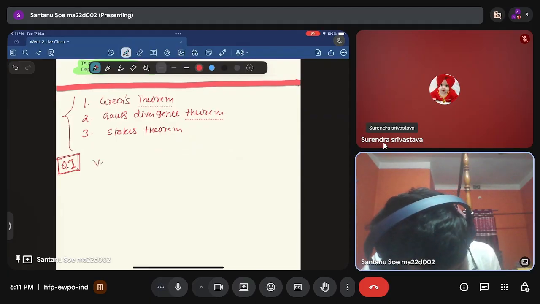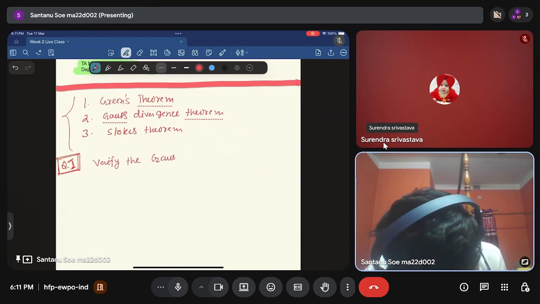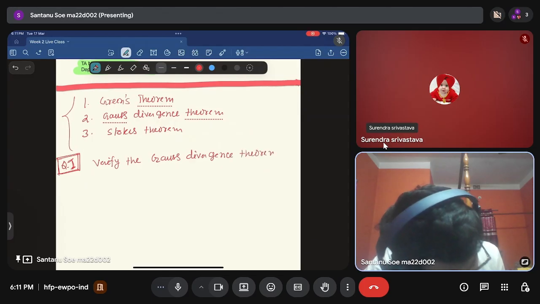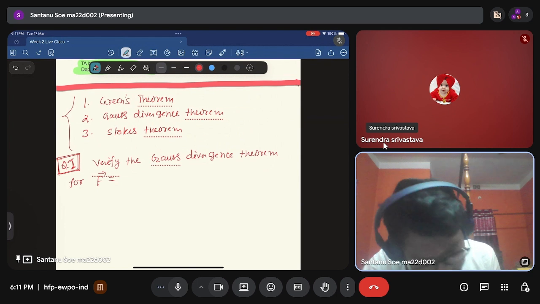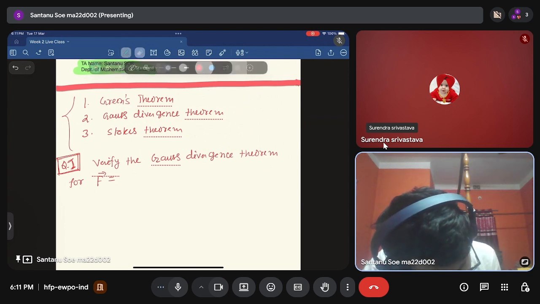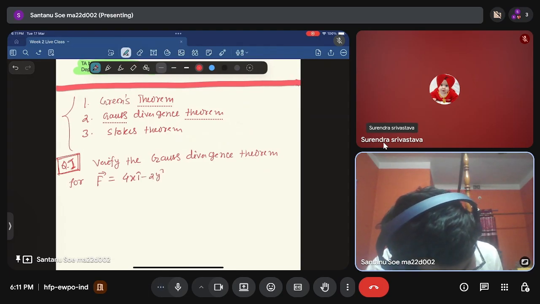Verify the Gauss divergence theorem for the vector field F equals 4x i cap minus 2y square j cap plus z square k cap,